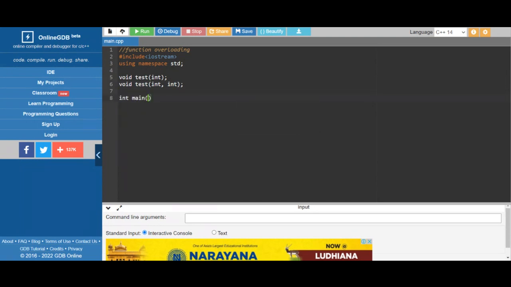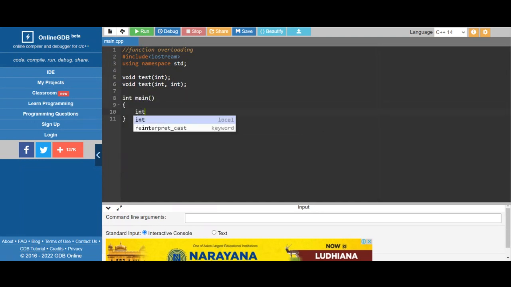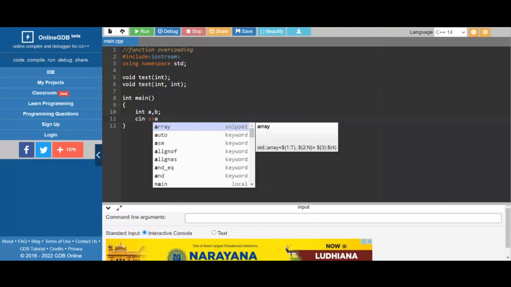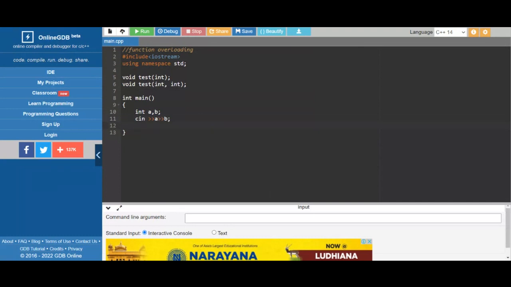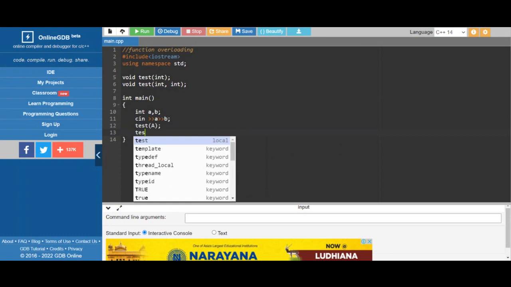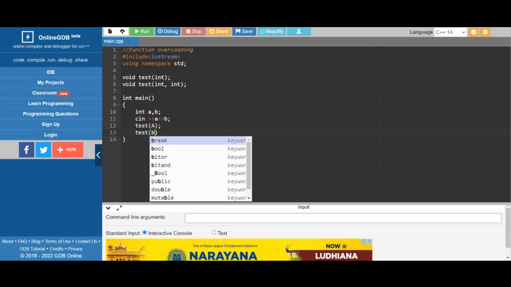And then I have a main function in that a comma b, these are the two variables, a and b. I call test with a and I call test with a comma b,